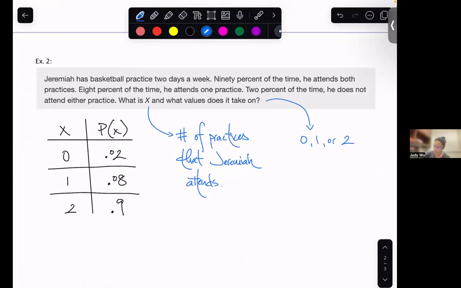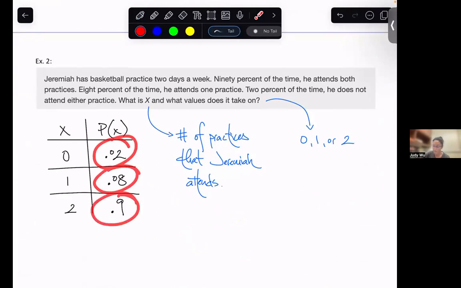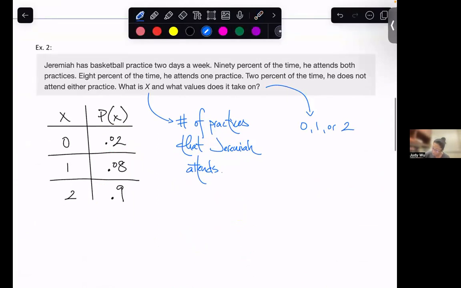Okay. I notice that all of these values are greater than 0. And if I add my P of X all together, I'll get 0.02 plus 0.08 plus 0.9, and that gives me 1, which means this is indeed that discrete